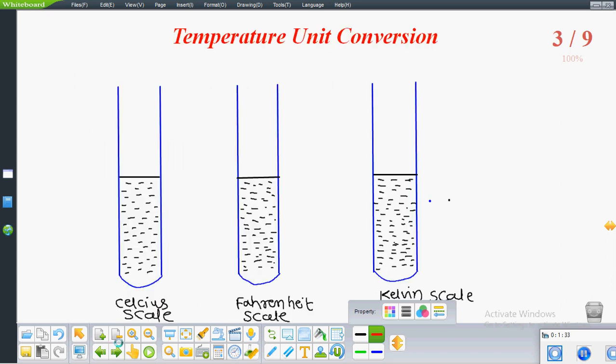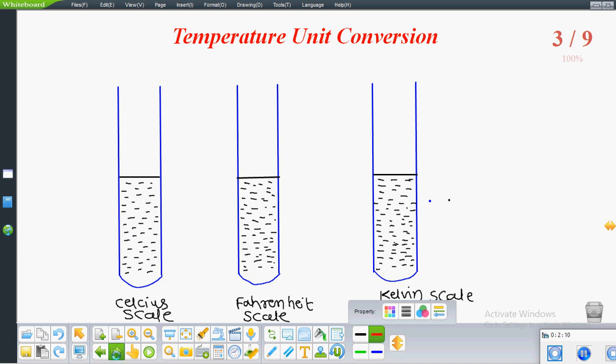So look at this diagram. This diagram shows you three glass tubes having equal geometrical specifications such as size and shape, and a mercury is also filled in these three glass tubes in the same amount. So when we put these three glass tubes in a boiling temperature, what happened? The mercury rises, right? So let's start the first step of this experimentation.